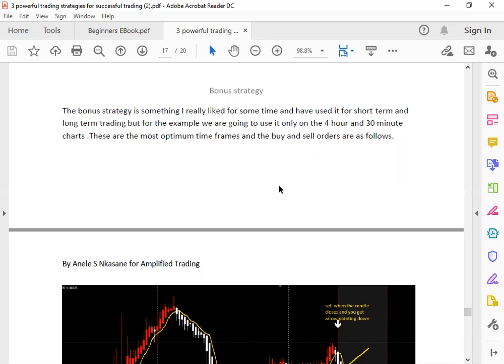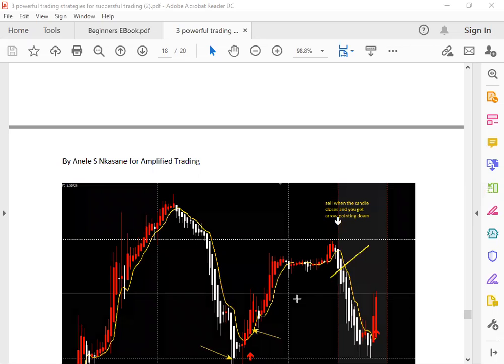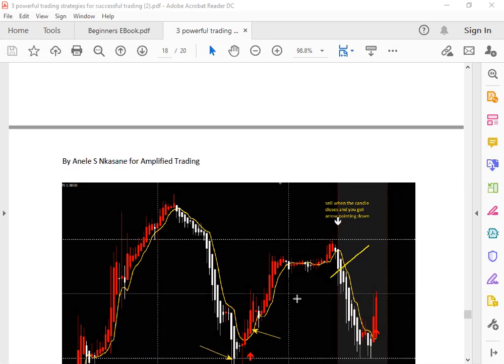Now, as I said, I used it for some time, both long term and short term. You can use it on your 4 hour, you can use it on your 30-minute charts. For me, those are the ones that I typically used it on. The only reason why I stopped using it so much is that it conflicted with the strategy that I was developing at the time, which was not so much momentum based. It was more reversal based. I could use it to confirm a position, but I didn't feel comfortable, for whatever reason, to enter a position here rather than look to enter the trade here, right? Because I prefer just using pending orders, as opposed to having to sit down each and every single day,